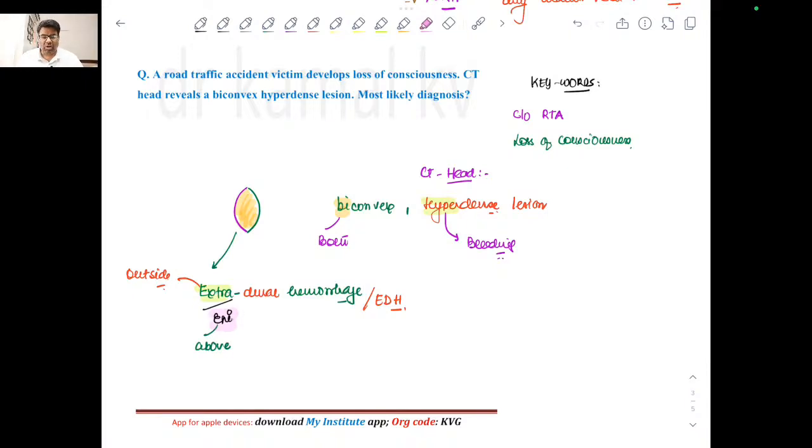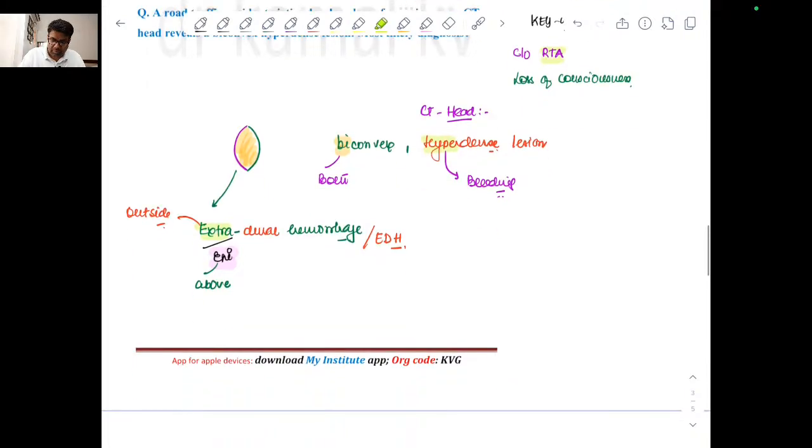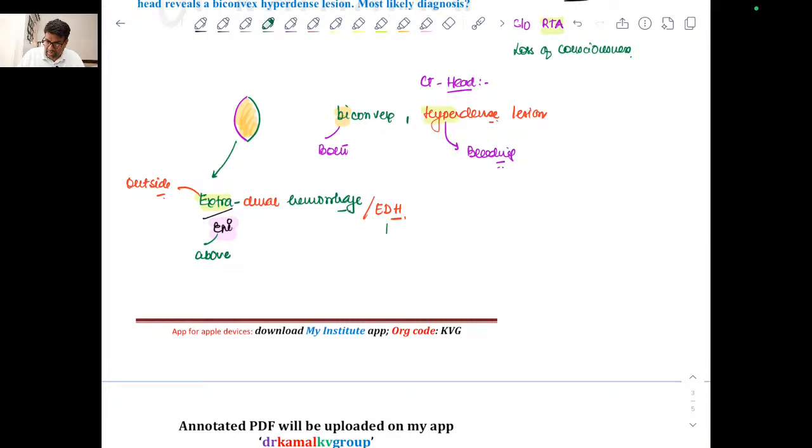Clear? So this is how you will reach your answer, that this is a case of extradural hemorrhage, and this is especially seen after road traffic accident. Clear? I am very sure you will not make any sort of mistake in this kind of question. And just one more word which might help you in the exam,